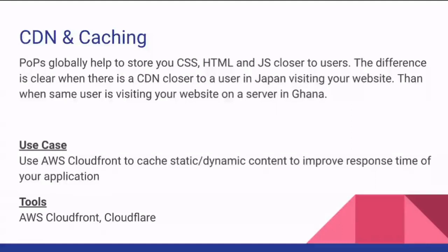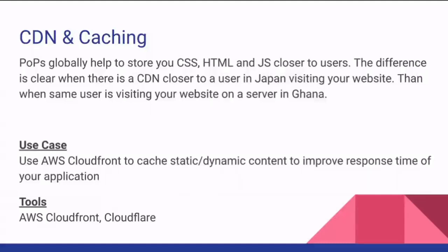Now, POPs globally help to store your CSS, HTML, and JavaScript closer to users. The difference is clear when there is a CDN closer to a user in Japan visiting your website than when the same user is visiting your website on a server in Ghana. AWS has over 100 POPs globally. Let's assume you deploy your website on a server in America and you attach a CDN, which is a content delivery network,